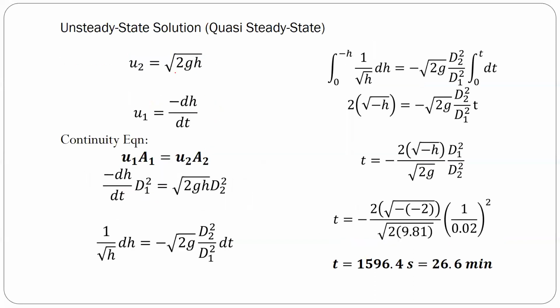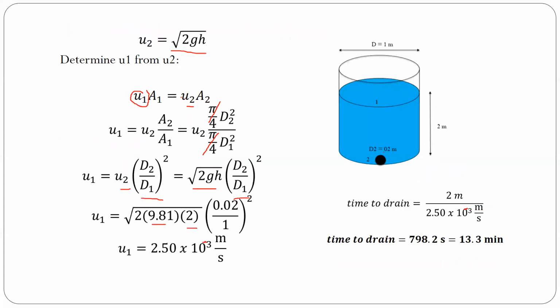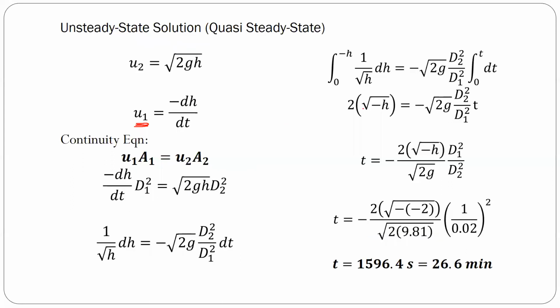So hindi mababago yan, okay? But we're after again U1, right? So how do we compute U1? Previously, dun sa steady state assumption natin, U1 is yung hinanap natin, right? And then we were able to calculate the time to drain the tank. And we used the continuity equation. But in this new approach that we'll do, ang mangyayari is that we will assume U1